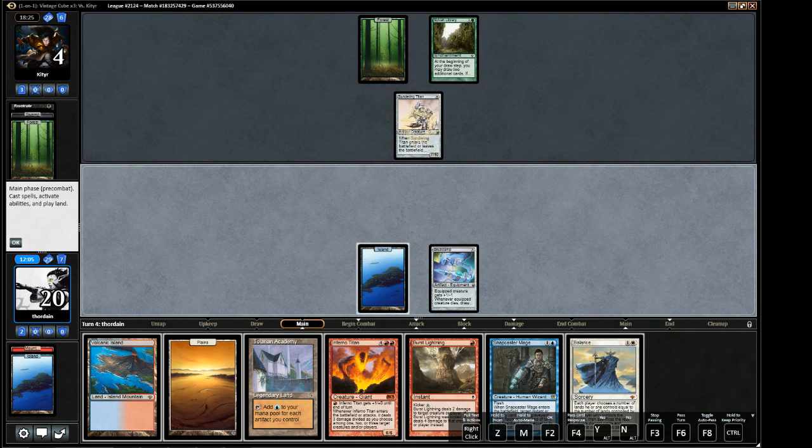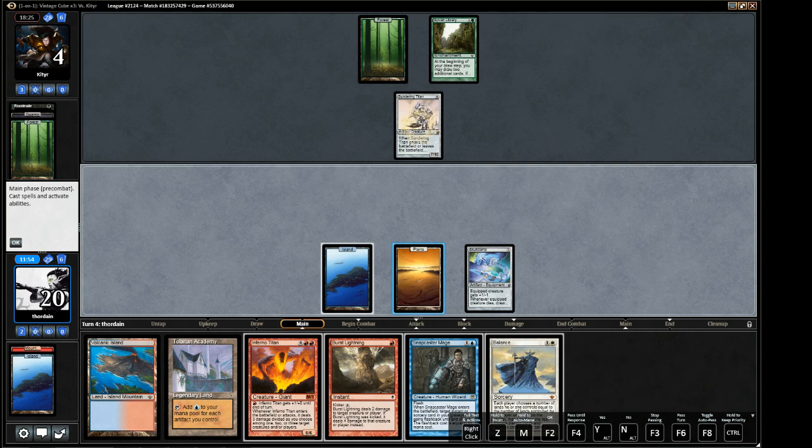Ooh, Balance. That is good for us. That is actually really good. Definitely wish I'd cast the Burst Lightning. 1, 2, 3, 4, 5, 6. Be discarding another one. Yeah. Ooh, man, Balance would take us down to no cards. Let's do it. Let's do it. I can't deal with